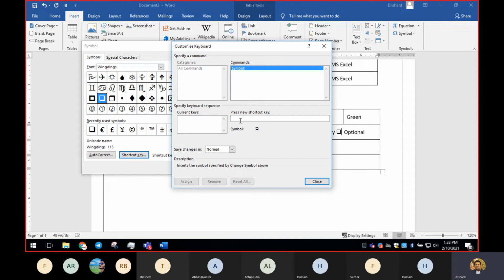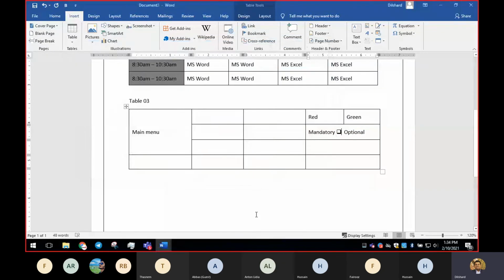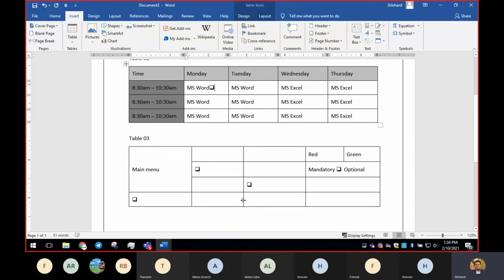Control E is for center align. But Control Q, I have never experienced they have added for something else. So whatever shortcut key is not in use, you assign it for this. If you press Control Q on the keyboard, that selected symbol will be inserted. So that is what I'm going to do. I'm going to say Control Q, assign, close, close. So wherever you are in the document, if you press Control Q, no need to go and find it inside Wingdings, this will be inserted.